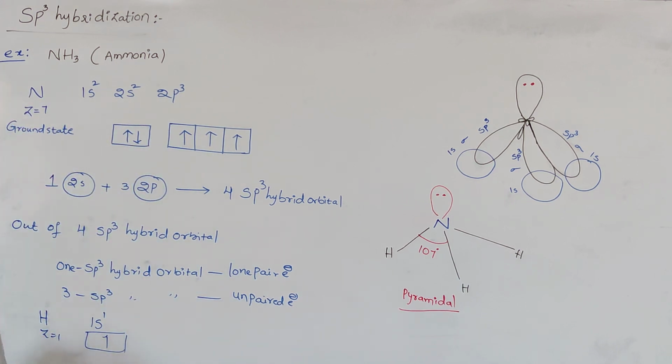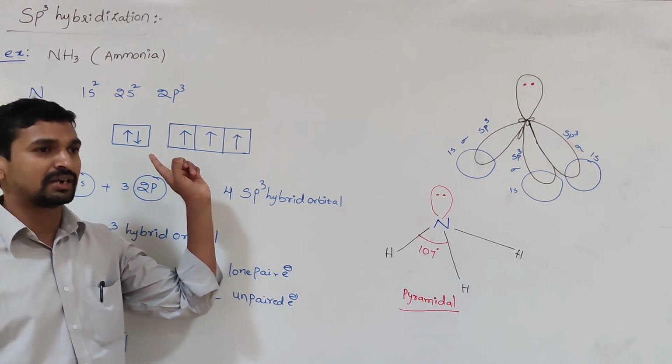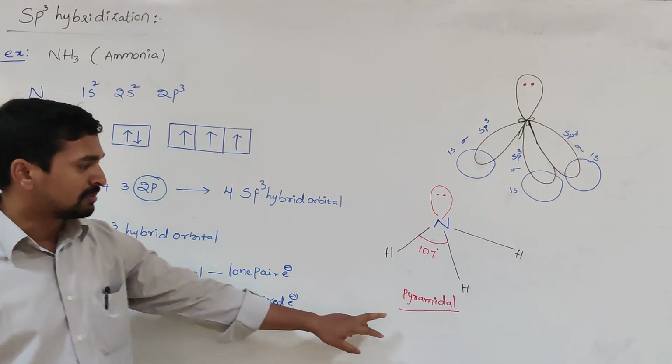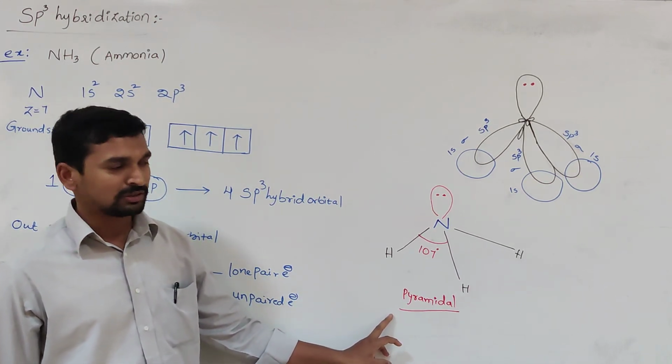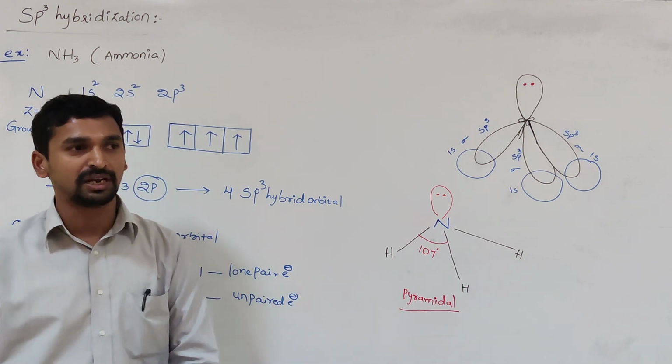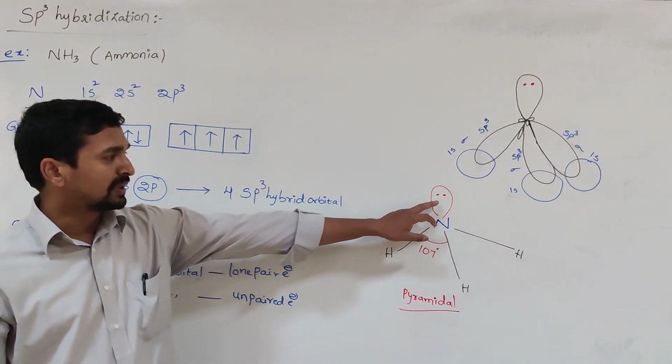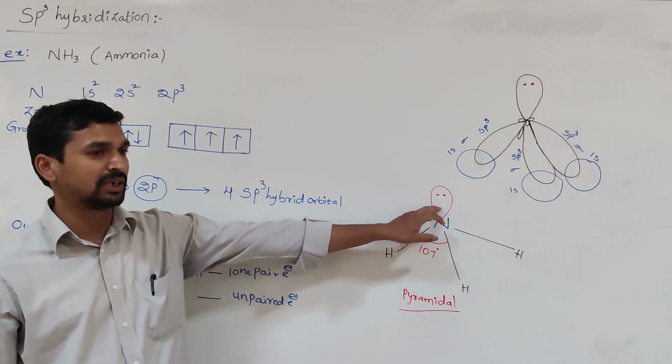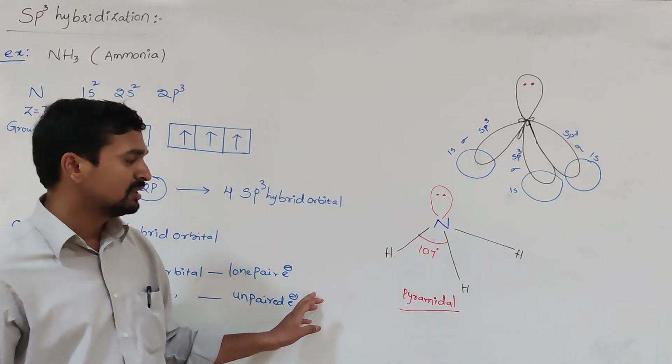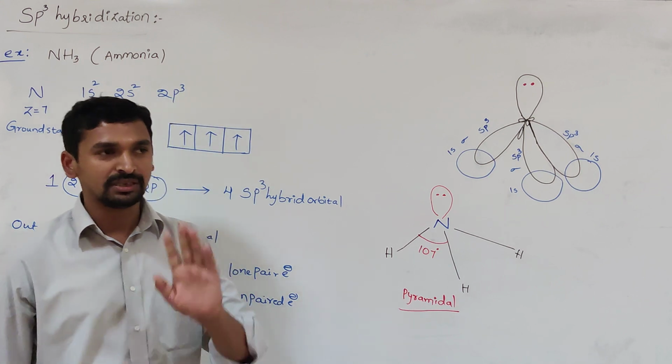These two are very important points compared to the CH4 molecule. The difference from CH4 to NH3: in both cases the central atom, carbon here and nitrogen there, undergoes sp3 hybridization, but the geometry is different. CH4 has a regular tetrahedral molecular geometry, whereas here the molecular geometry is pyramidal. Why the pyramidal shape even though it is sp3 hybridization? The reason is the presence of a lone pair of electrons on the nitrogen, which distorts the regular geometry from tetrahedral to pyramidal. This is one difference.